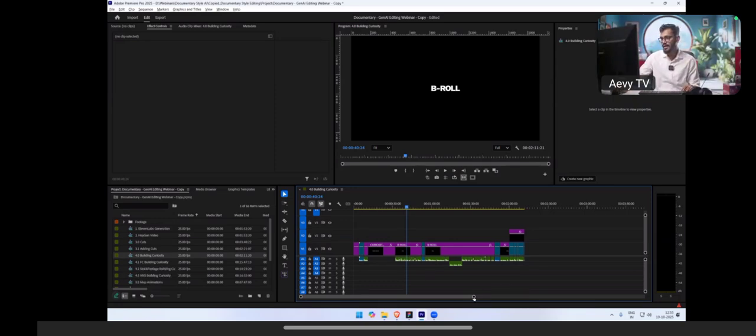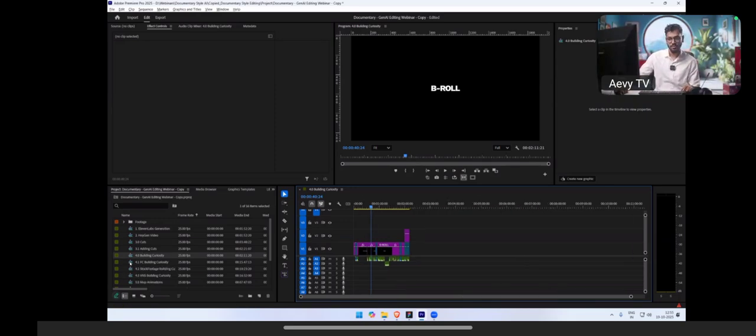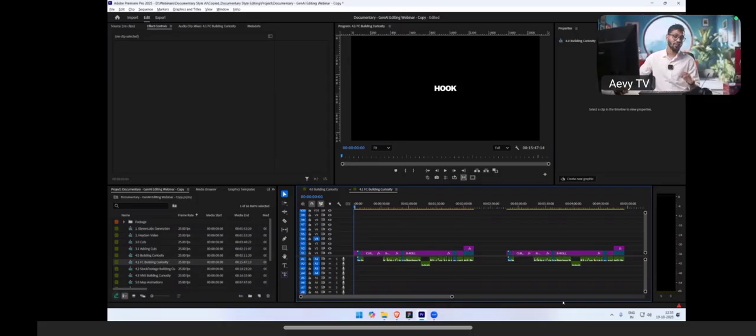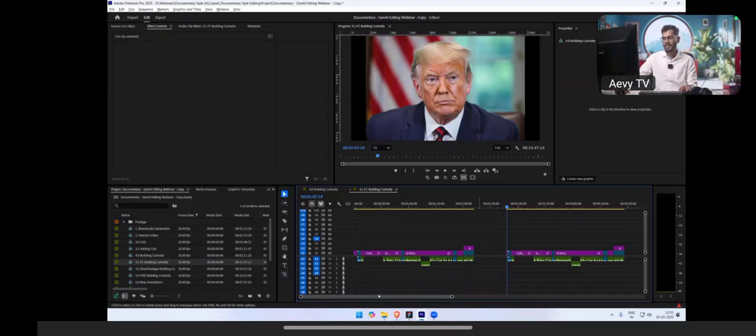So now let's understand what we are going to do, especially with the flash cut effect. Let me just show you how. So first things first, to create that flash cut effect, what do you need? You require images, correct? To create that flash cut or that match cut effect, okay? So now for you to create that particular